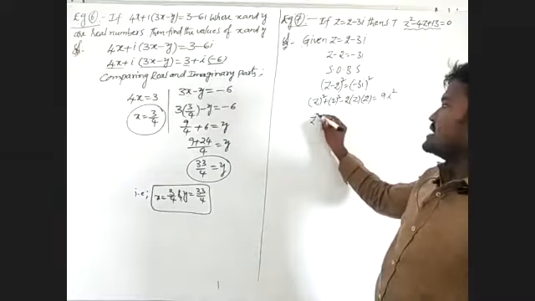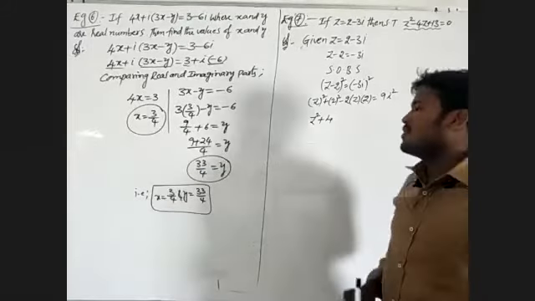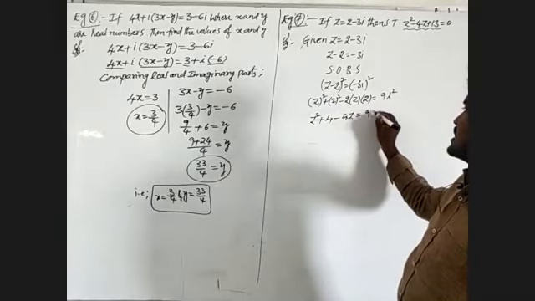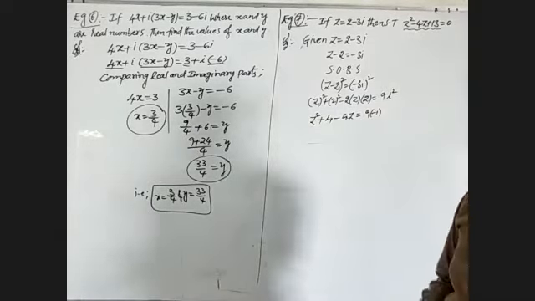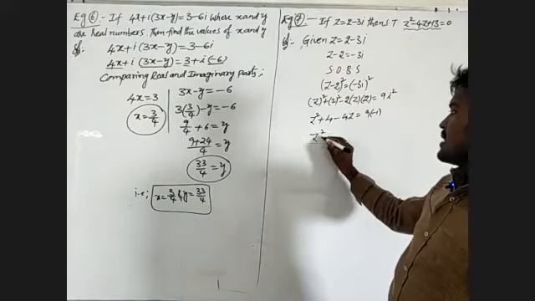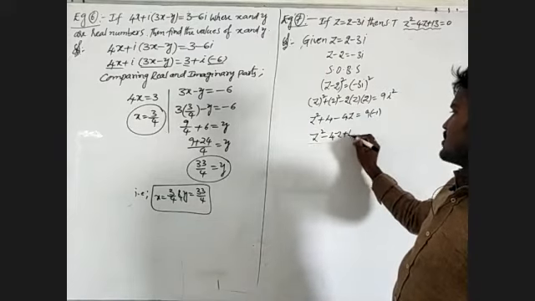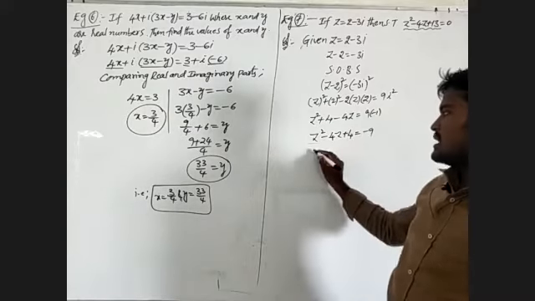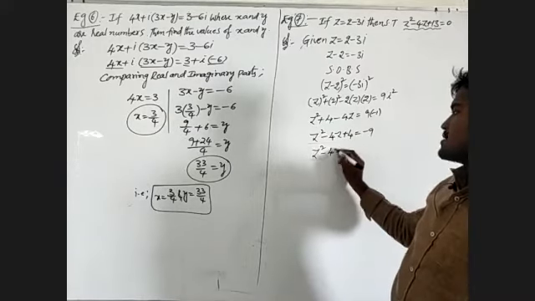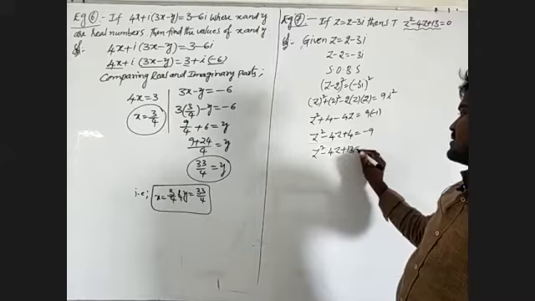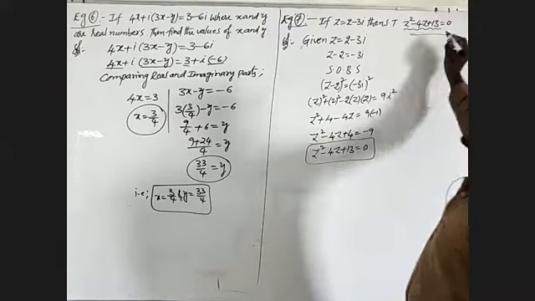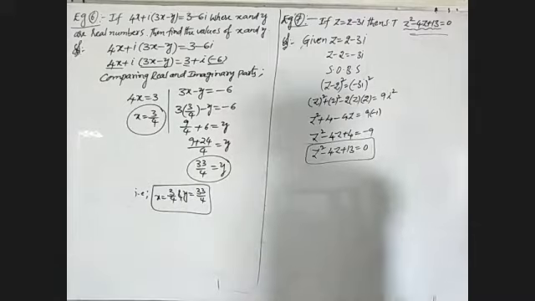That means z square plus 2 square becomes 4, 2 into 2 is 4, 4 into z is 4z, is equal to 9 into i square, where i square is minus 1. That means z square minus 4z plus 4 is equal to minus 9. Minus 9 moves to this side, that will be written as z square minus 4z plus 13 becomes 0. This is the given complex number equation.